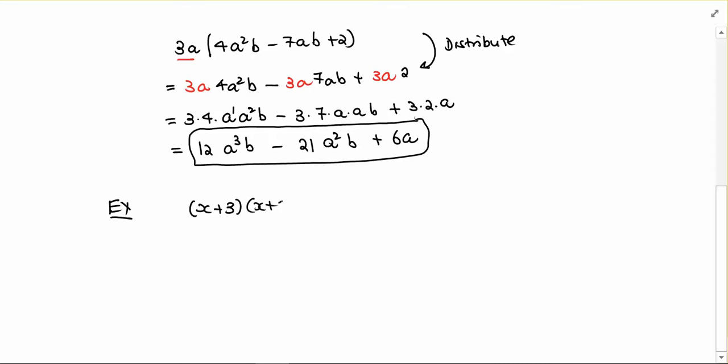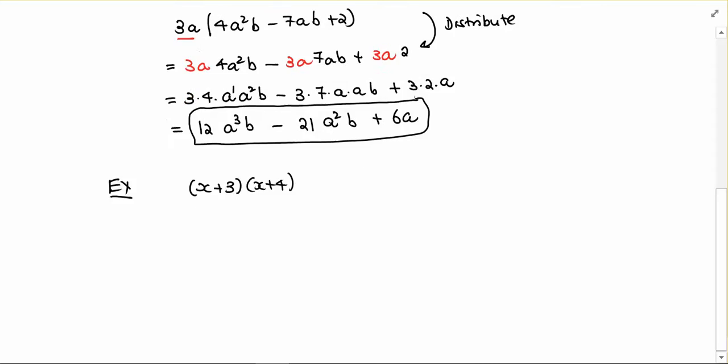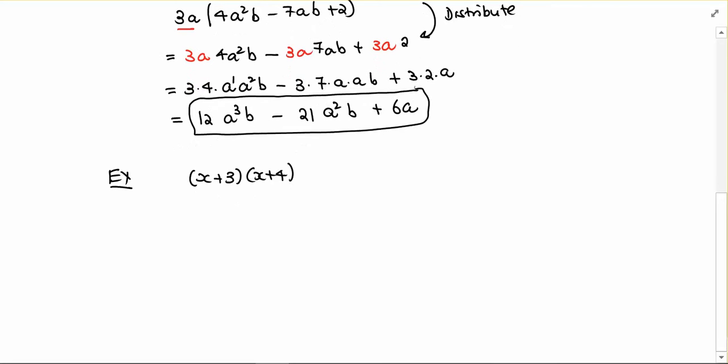So in this situation, this is nothing more than just distribution twice. You first distribute with the x, and second you distribute with the 3. So let me do it this way. Let me think of this as red. And so you would go x, red x times black x plus red x times 4 plus red 3 times black x plus red 3 times 4,